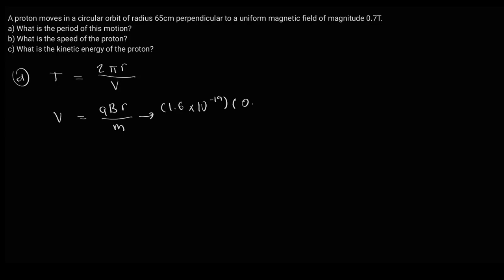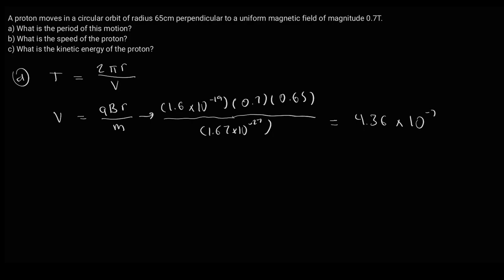We have the magnetic field at 0.7, the radius at 0.65 meters, and this is all over the mass of a proton, which is 1.67 times 10 to the negative 27. So doing all this, we get 4.36 times 10 to the negative 7